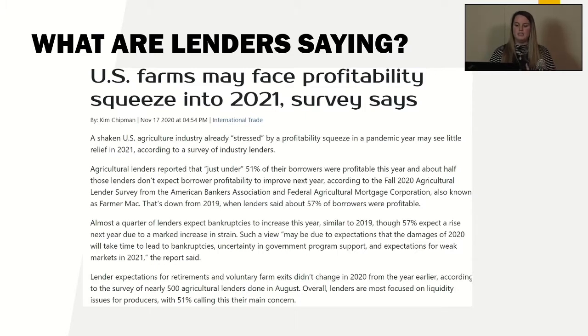In 2019, it said that lenders said about 50% of their borrowers were profitable. And so in 2021, again, with these government payments, a lot of people were able to still make their lending payments and still make those requirements. So 2021 might be a harder year if we're not seeing as many government payments and still facing these